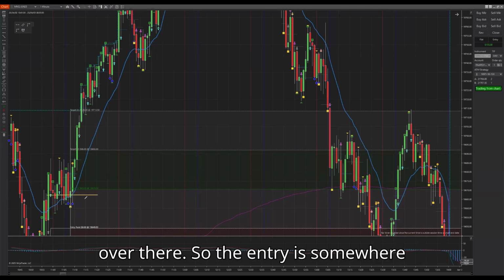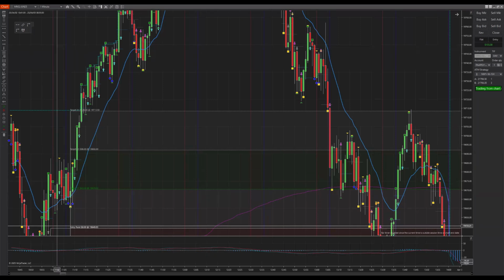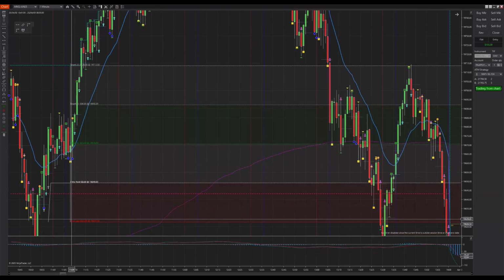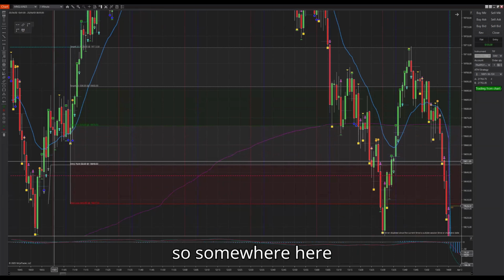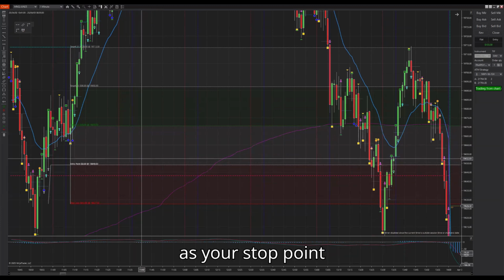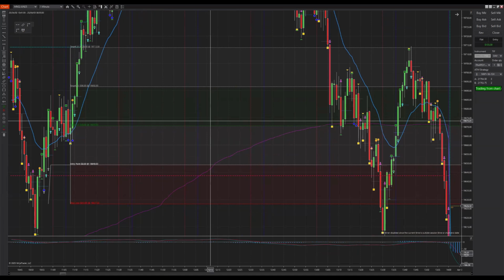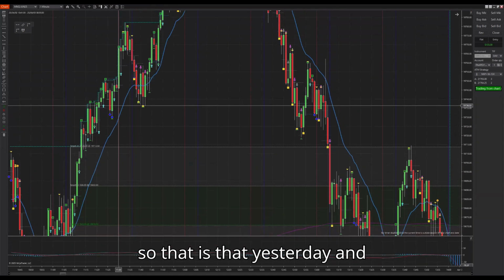So the entry is somewhere here, stop is somewhere at the prior bar's low. So somewhere here, or at least you have to consider this bar as your stop point. So that is that yesterday, and then